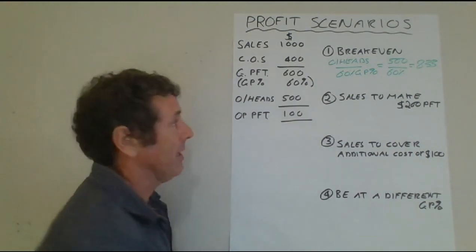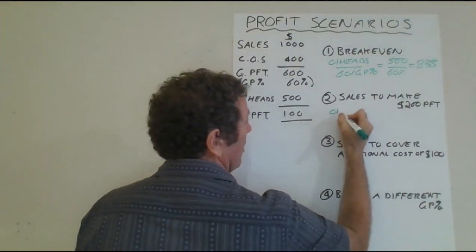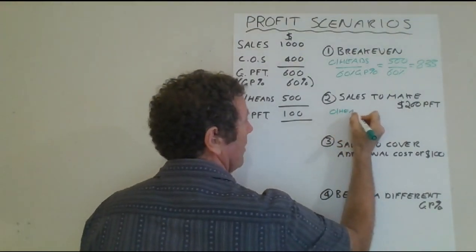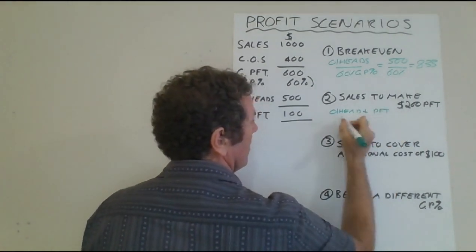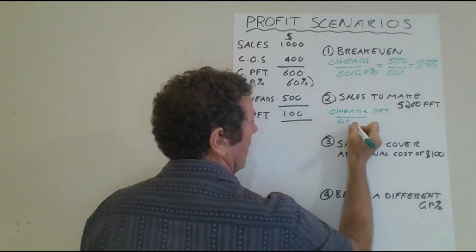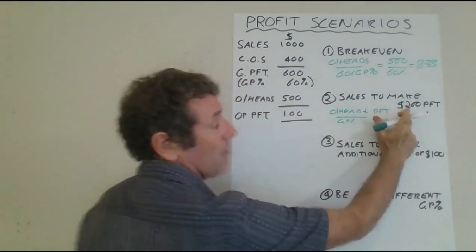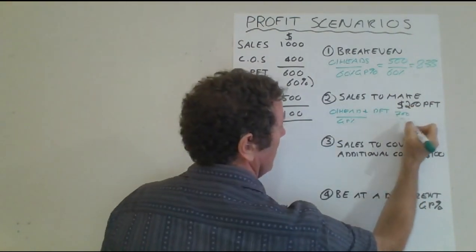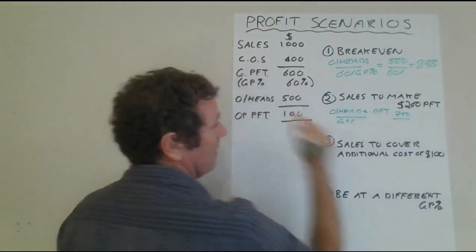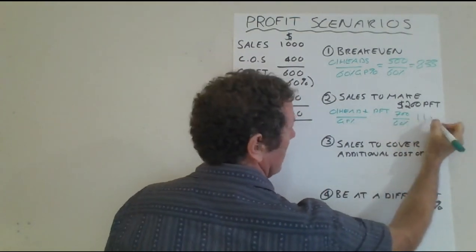Well, we can calculate that by taking your overhead plus your profit target and dividing that by your GP percentage. So your overhead 500 plus your profit target of 200 is 700. We know your gross profit percentage is 60%, and that's going to be